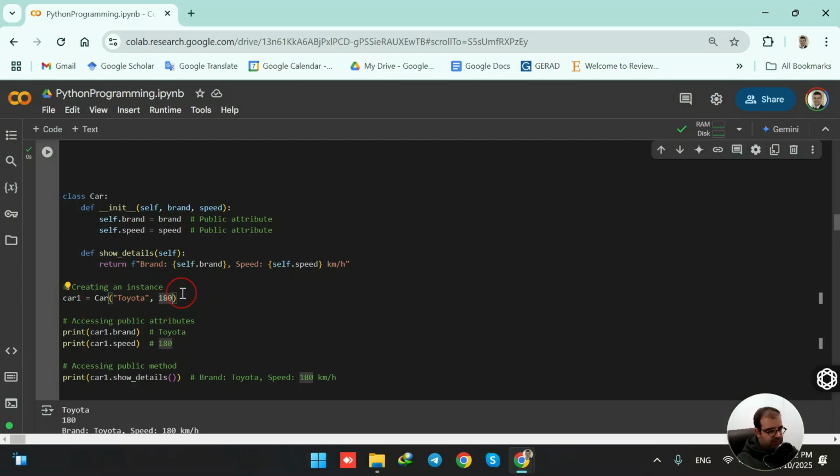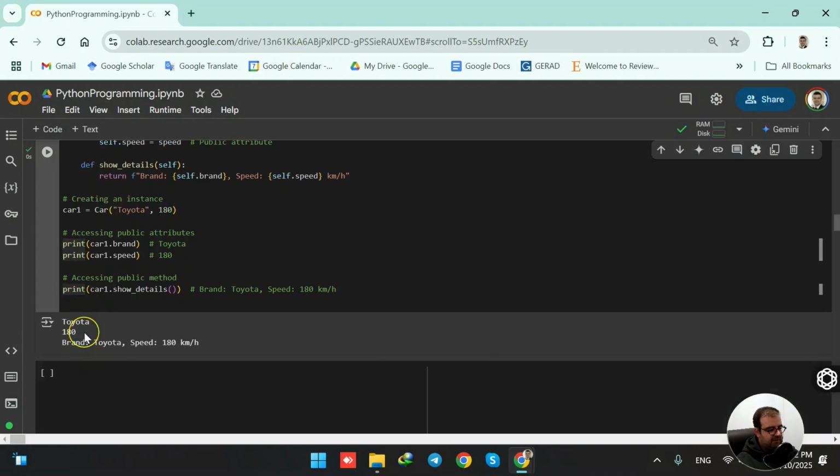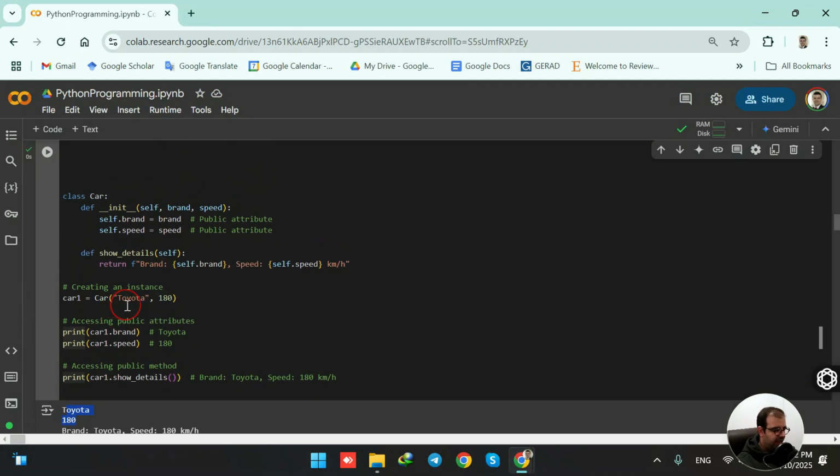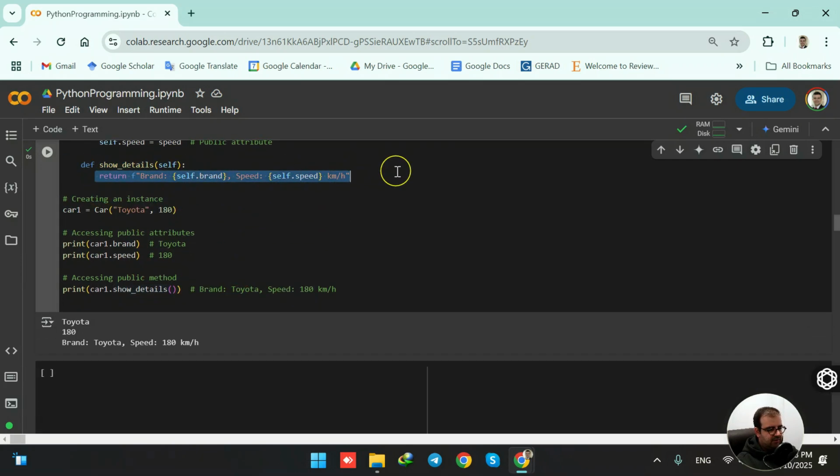These are the two arguments that we are passing, and these two arguments or parameters are assigned to our attributes using the constructor automatically. Then we are accessing these public attributes using the object. So car1.brand and car1.speed, using the print function, we can see them in the output, Toyota and 180. And also we can access the function called show_details. And this function, whenever it is called, is going to return for us the brand and the speed of the